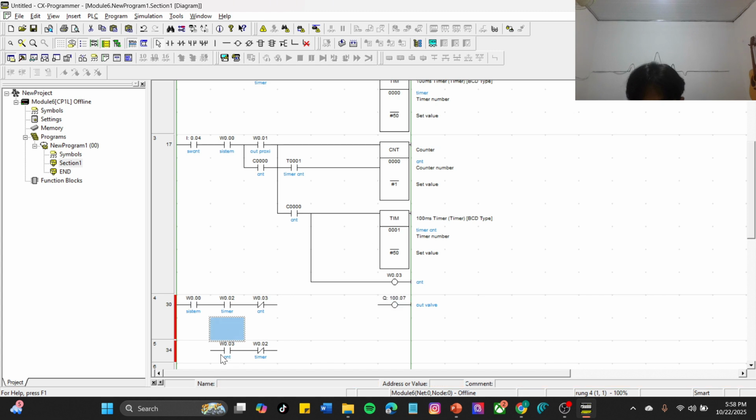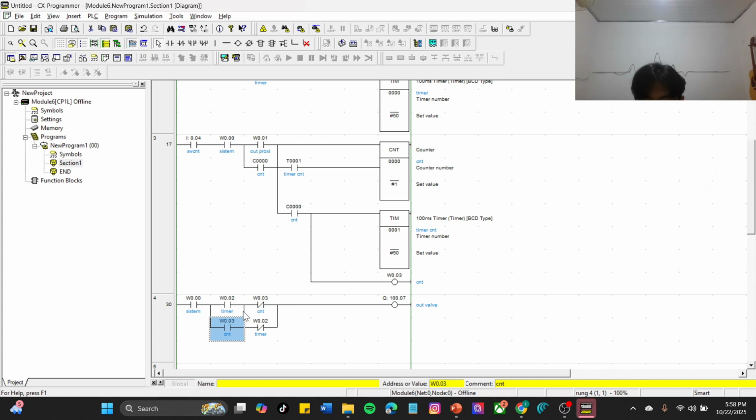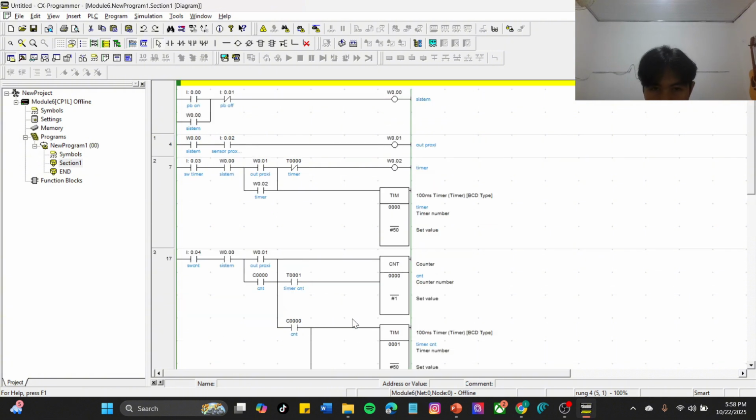And now we can wire here, no, that's here and here, okay. Finish.